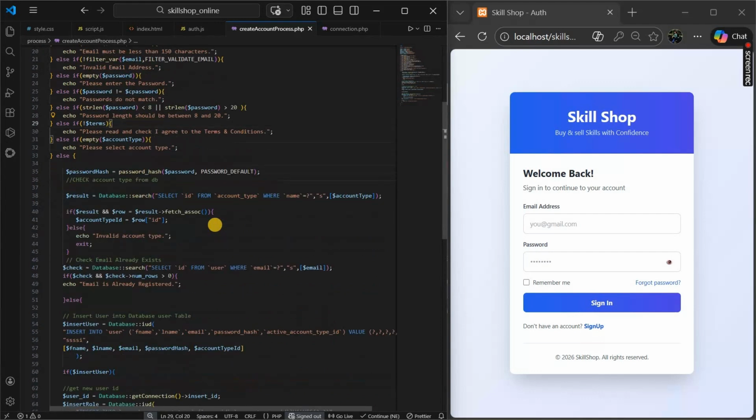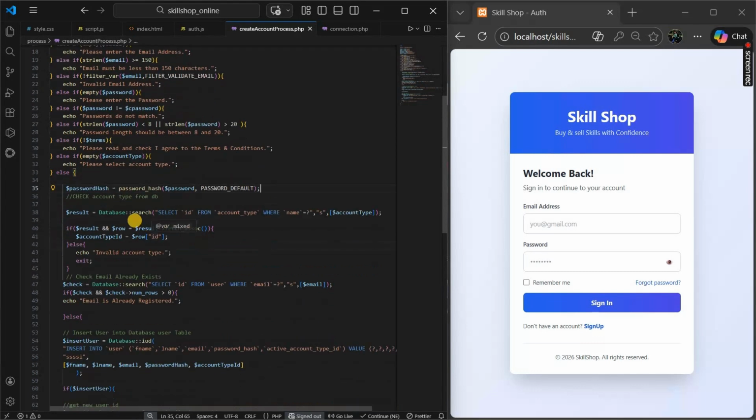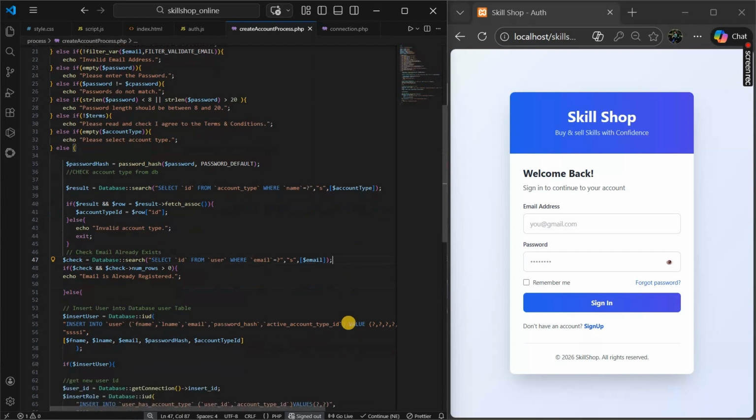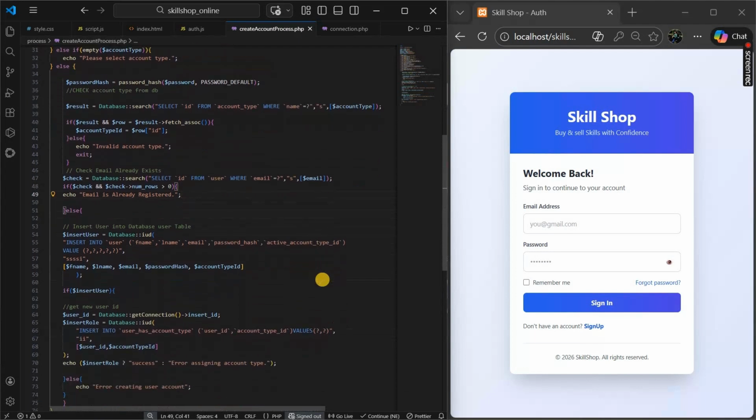For security, we use password_hash to encrypt the password before saving it. Then we run a search query to check if the email is already registered. If the email exists in the user table, we stop the process to prevent duplicate accounts. And if